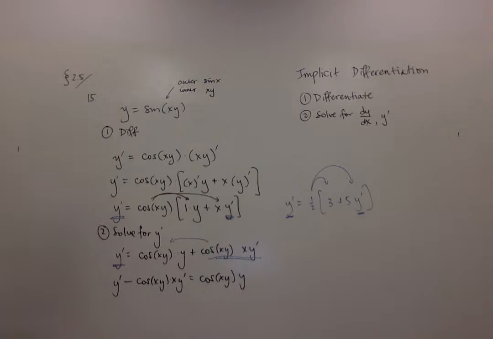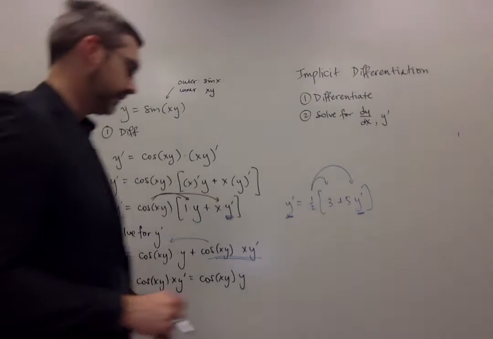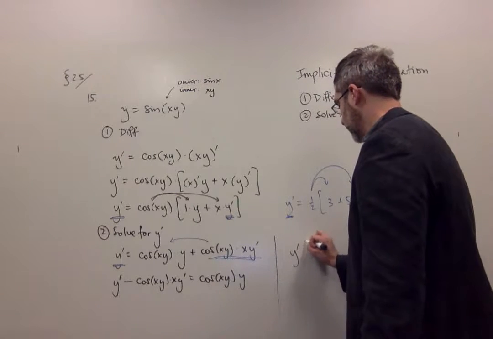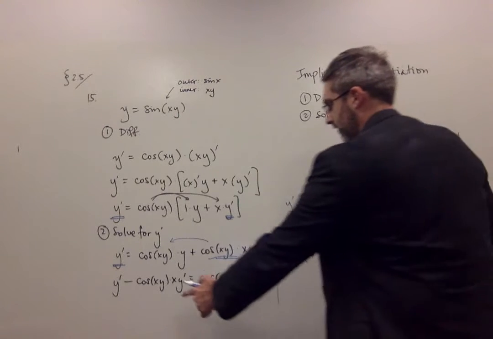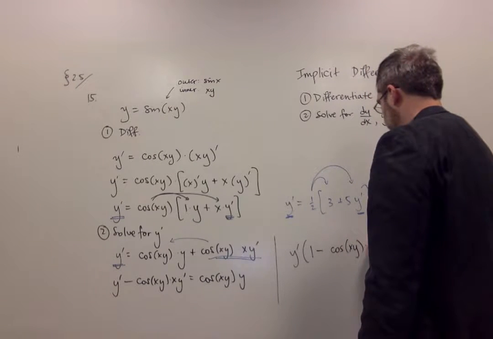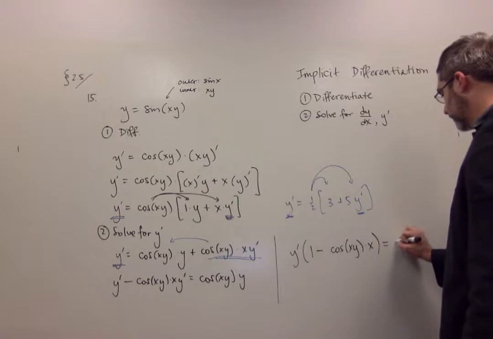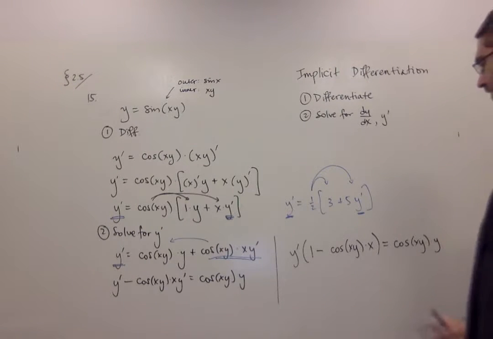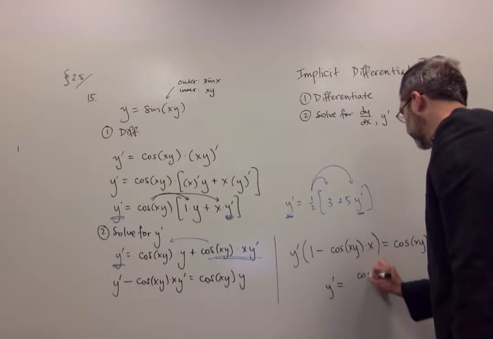Okay, so now I can factor that y prime out. Do that over here. So y prime, if I factor that out of this term, I just get 1. And if I factor out this other term, I just have a cosine of xy times x. And that equals this other term, cosine of xy times y. And now I just divide that term over. So y prime equals cosine of xy